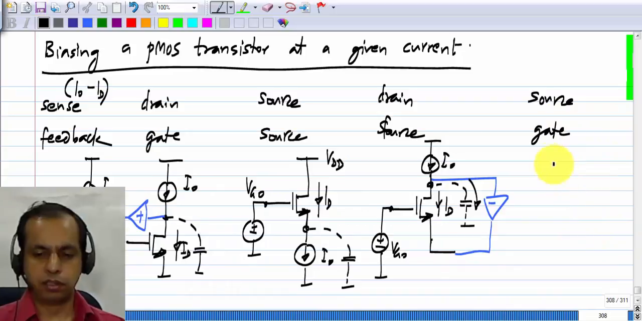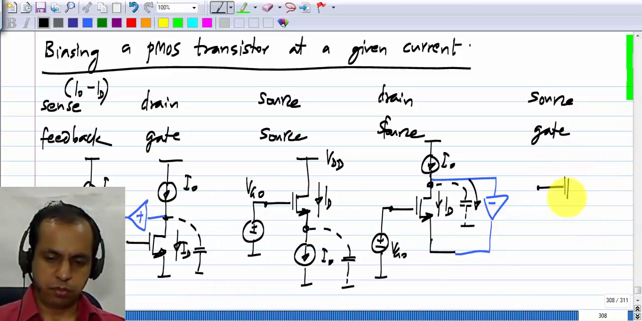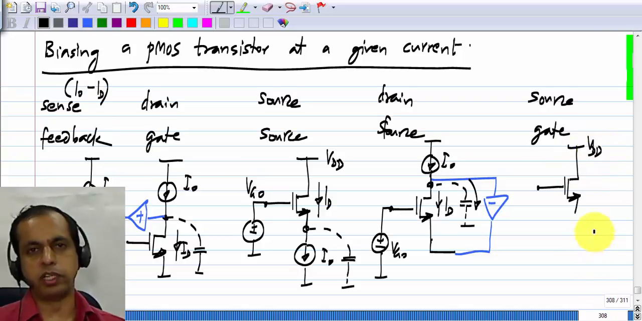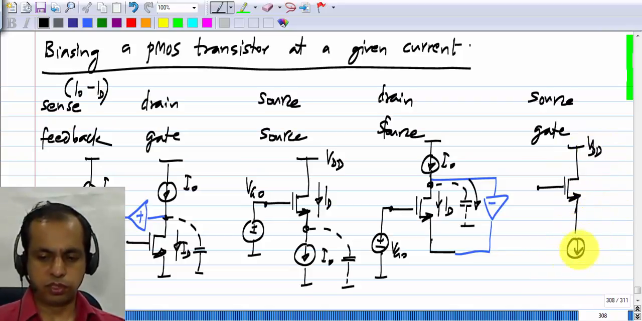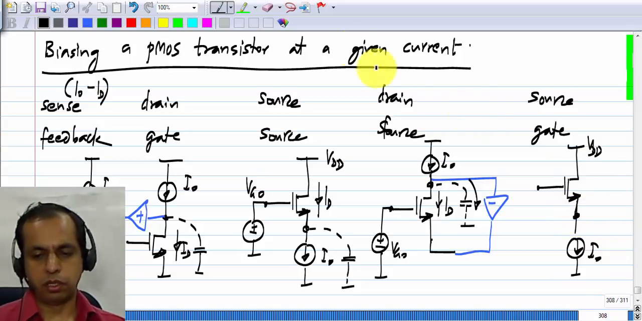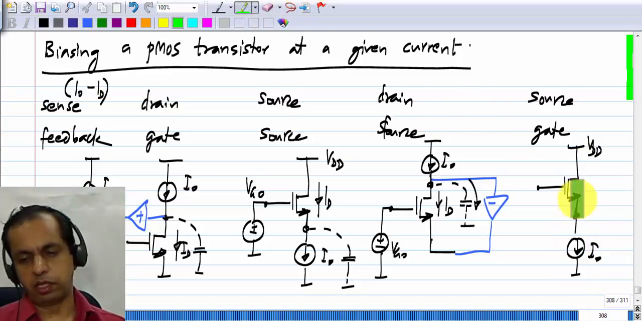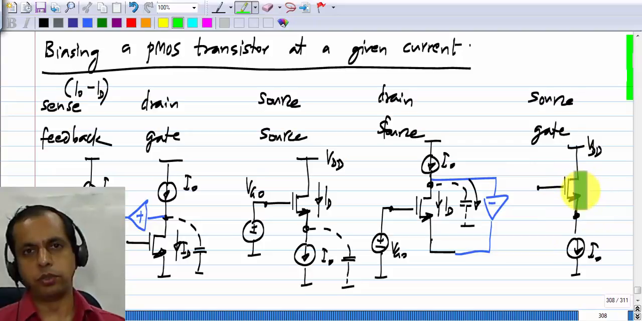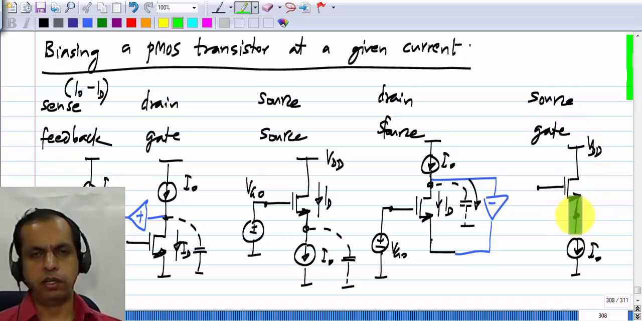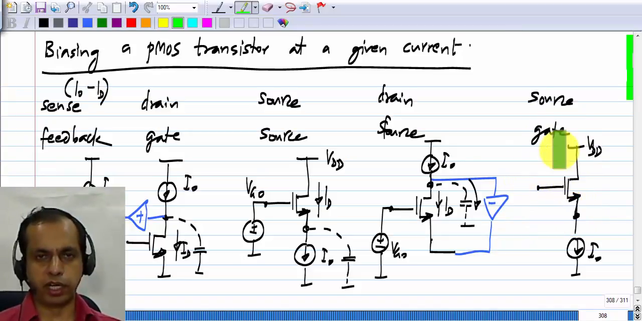Okay, and the last of the possibilities is to sense at the source and feed back to the gate. And again, because now the drain is not in the picture, we just connect it to the supply voltage VDD. To sense at the source, we connect a current source I0. Now we know that simply by connecting it to the source we have feedback at the source. Okay, in this case the feedback is not purely to the gate, there will be feedback to the source as well, but we can provide additional feedback to the gate by